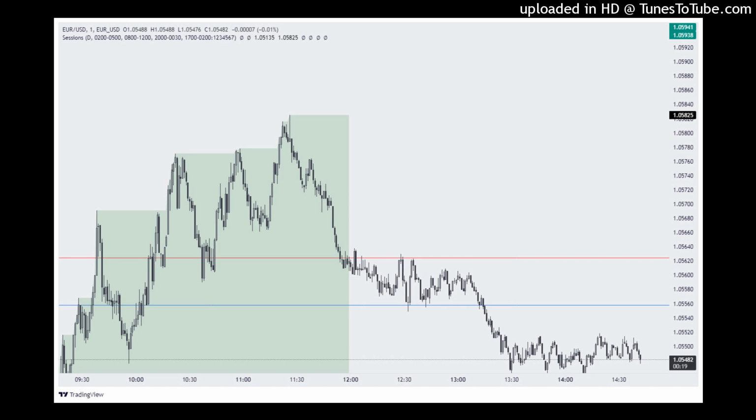Now, if we want to continue lower, we can continue lower off this premium rate. If we want to continue higher, we can continue higher off this monthly discount rate. Sorry, I said daily discount rate. That is daily premium rate, of course, in the form of that daily value gap lower. So it's a battle between discount rate and premium rate. Now, in the first moment, I do not want to take a trade off of this first sting into that daily value gap. The reason being for that is because the first sting between the first premium and discount,